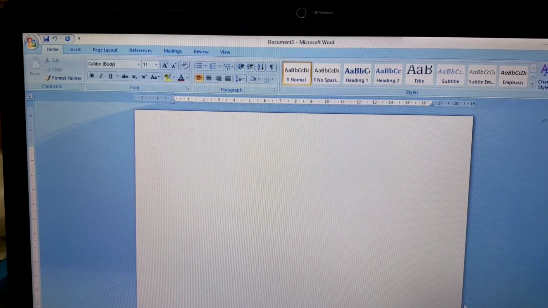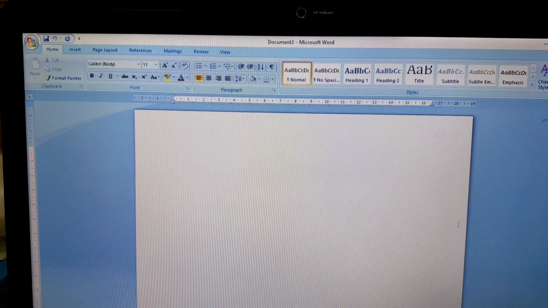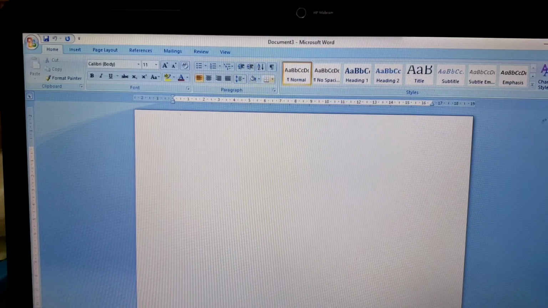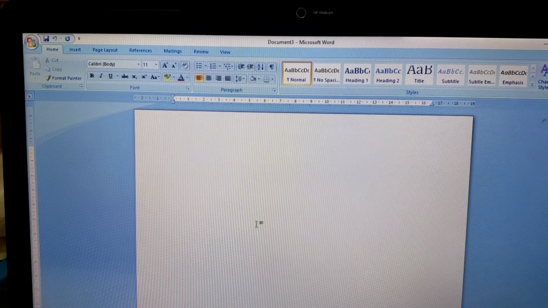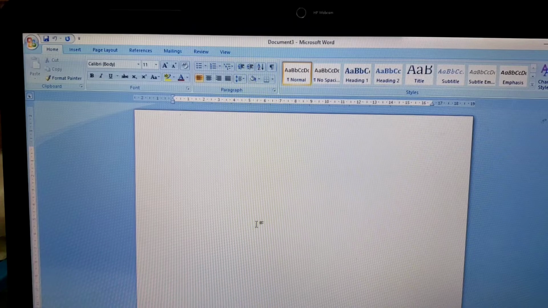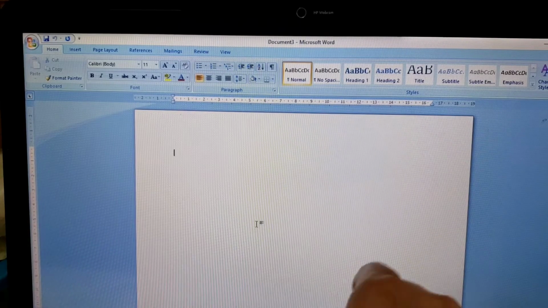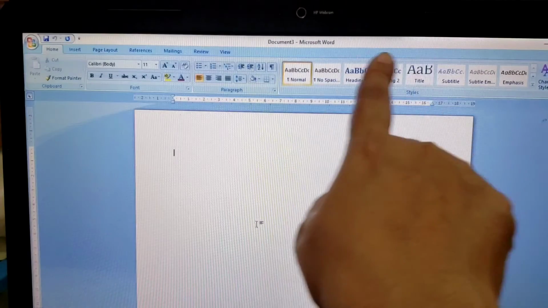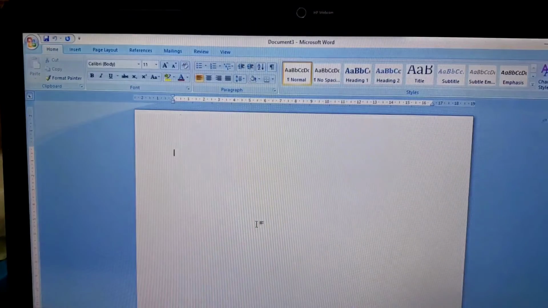Application means the particular type of the software, and another is called the document window, which is inside this application window, with the help of which we are able to work, to type, or do whatever different kinds of formatting we want to do. So this is our document window and this is our application window.